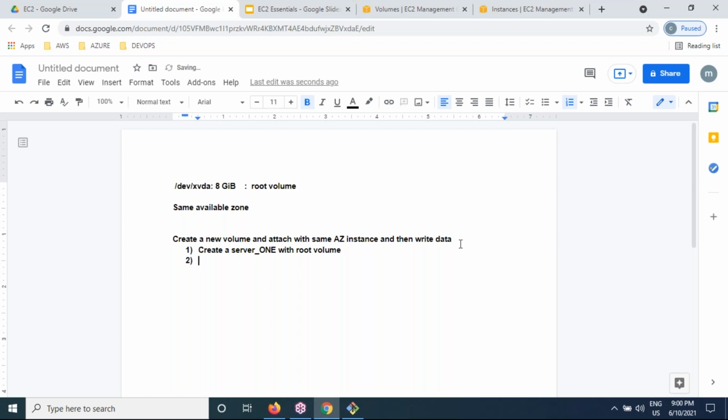Then the second step is to create an additional volume in the same availability zone and attach it to the running instance.